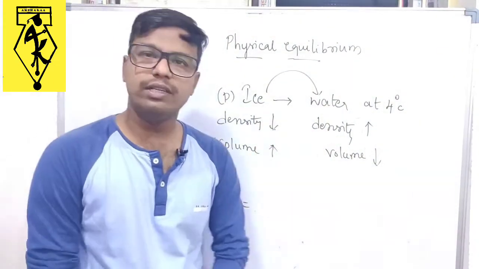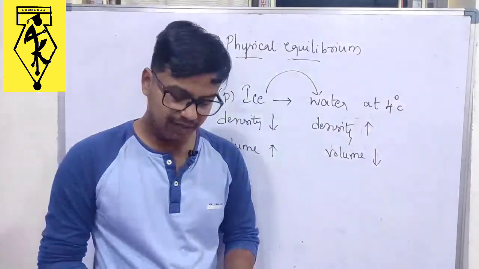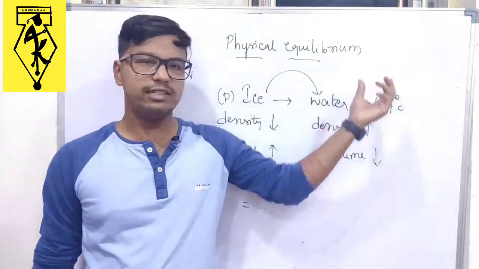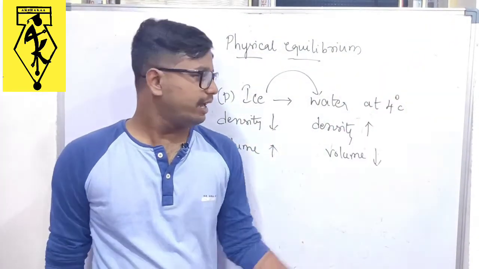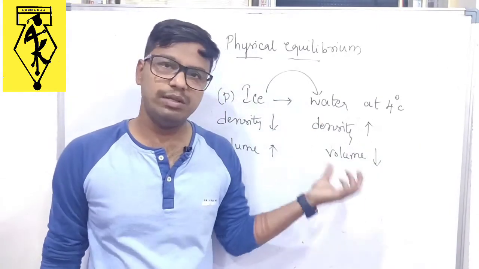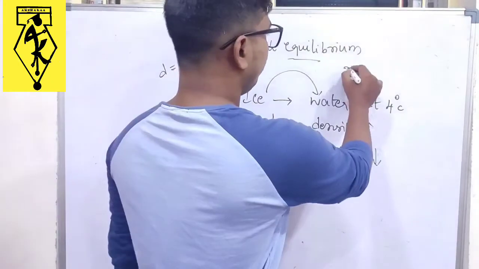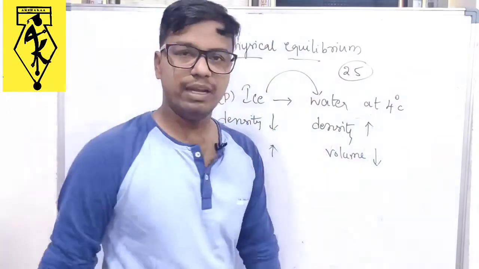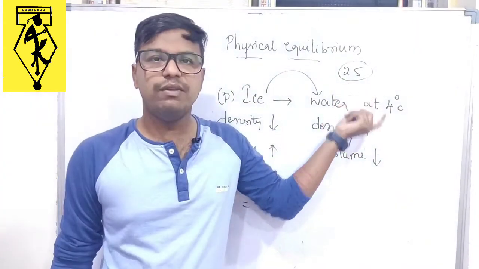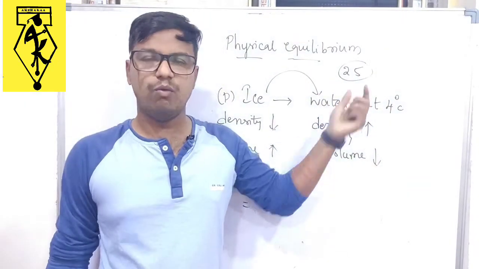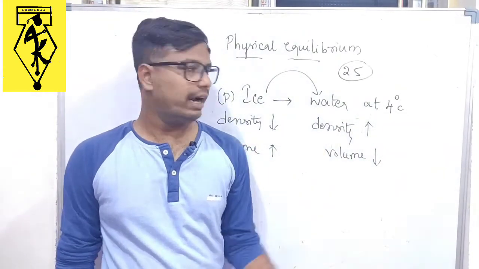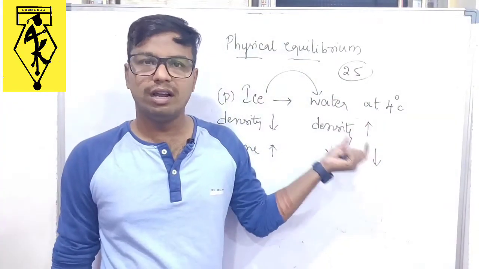So this is all about the chemical equilibrium. With this, I would like to conclude the chemical equilibrium. I hope more than 60% of the syllabus is completed, and you can solve more than 70% of the problems with this concept. I will be solving more than 25 problems of chemical equilibrium, so don't worry about the problems. Upon problems, we will still solve whatever concept is left behind. So with this, I would like to conclude.